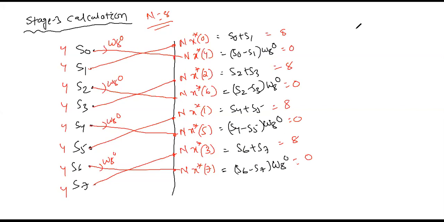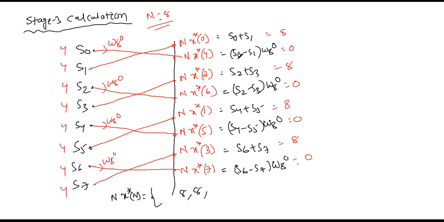Now what to do? The last step. In the last step, first you should write like this in order, because this is not in the order. Yes or no? This is bit reversal order. First you write in the proper order, that is n, x conjugate n. Proper order means first is 0. 0 means 8. After that 1. 1 means 8.